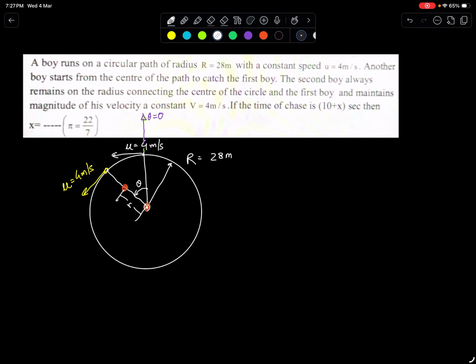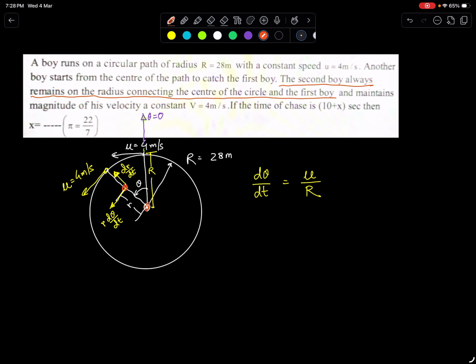So their velocity is, say, this is the radial velocity dr/dt, and this is the tangential velocity r dθ/dt. As you see, it moves the same angle, right? It has to be on the radial line. So you know dθ/dt is equal to u/r. That's for sure, because it is given that the second boy always remains on the radius connecting the center of the circle and the first boy,